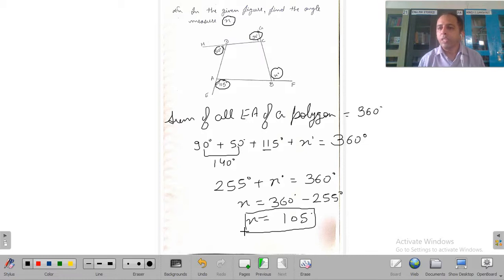So students, with this we have completed all the concepts of polygons. We have seen various examples based on these concepts. Now you can try exercise 14a and 14b based on this discussion. You can try all the questions. I hope that you will be able to solve all these questions.